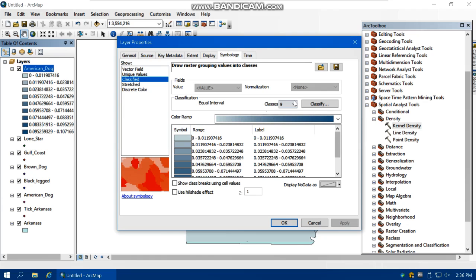If I set the number of classes to 5, and also the classification, this one is equal interval, which means that the range for each class is equal. But this is not really realistic. So one of the realistic ways to